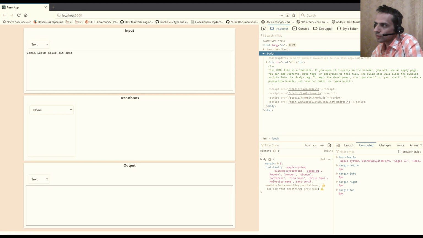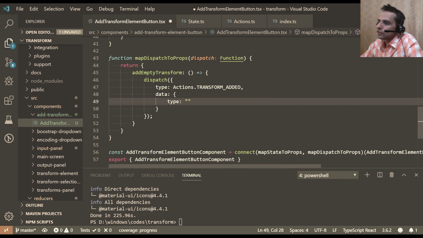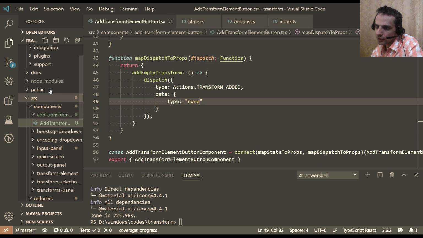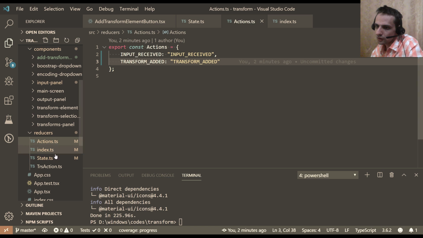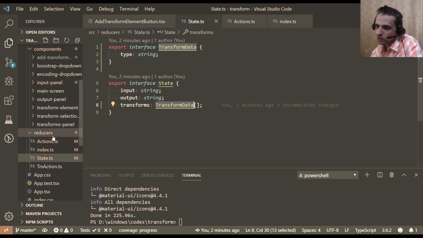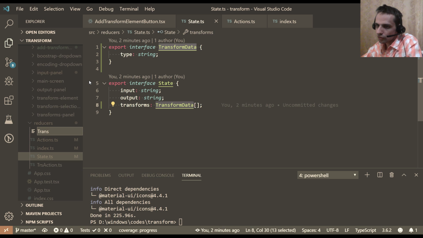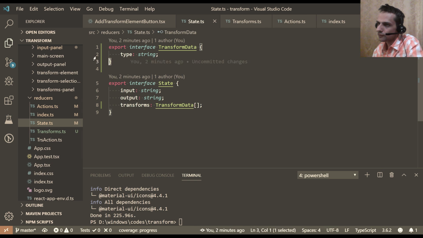We set this type to none also. Okay, so maybe we might have inside this also the action state. Maybe we might have here also transforms.ts, and instead of having this here,